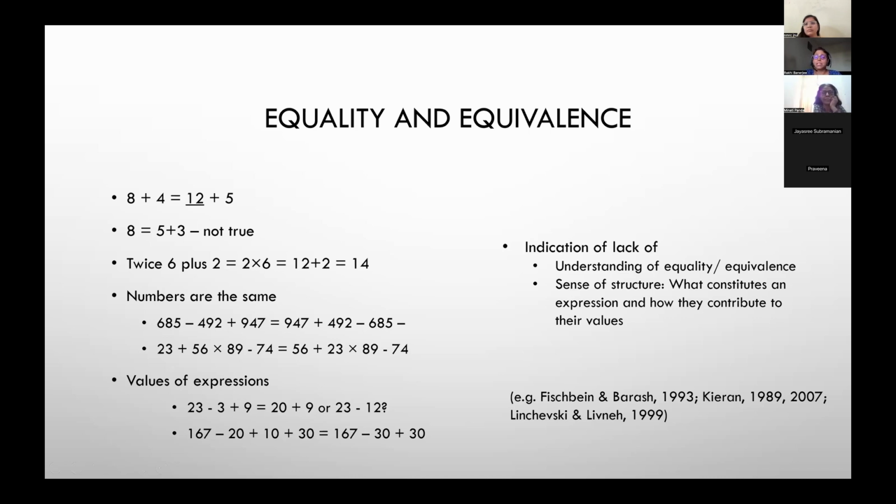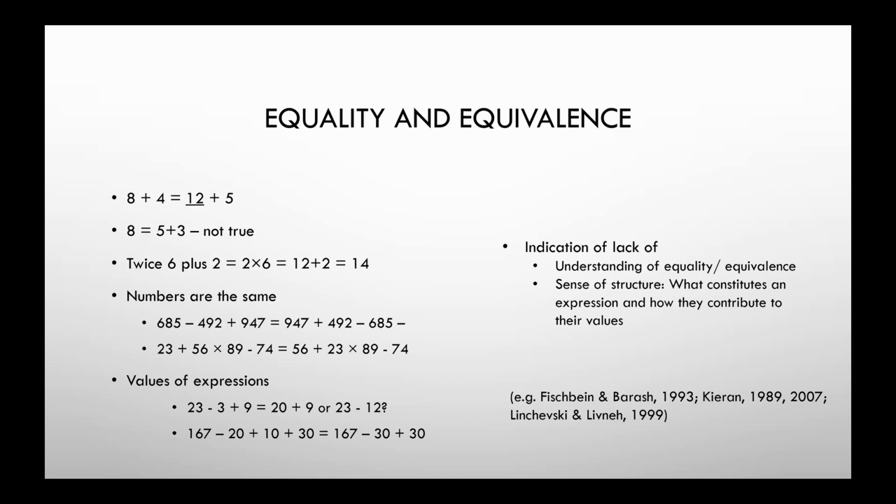So this is what we call lack of structure sense. They do not know how these operation signs and the numbers together constitute the expressions and its value. So children also don't quite understand whether 23 minus 3 plus 9 should be done as 20 plus 9 or 23 minus 12. And why at all do these two things create different answers? So these are some issues that we know, that children have difficulty understanding the symbols and conventions and equality and